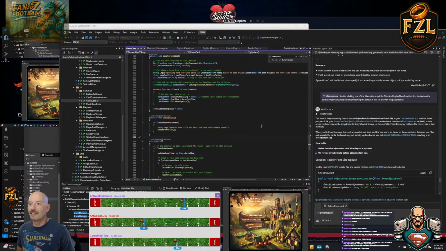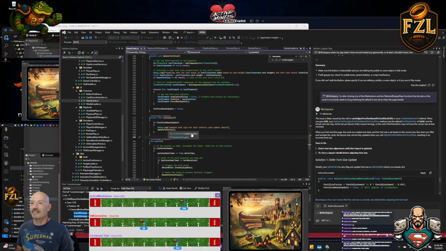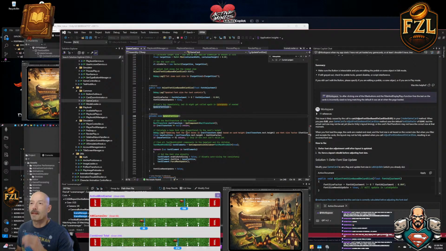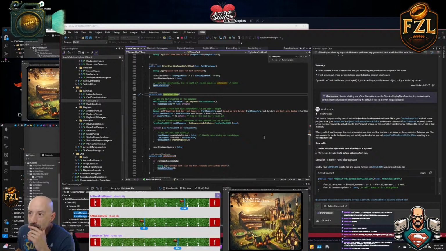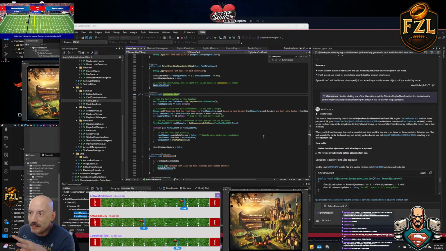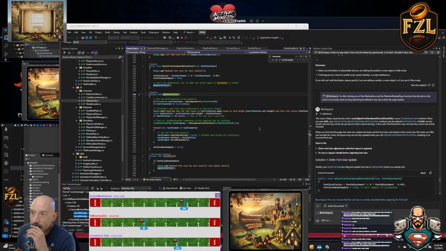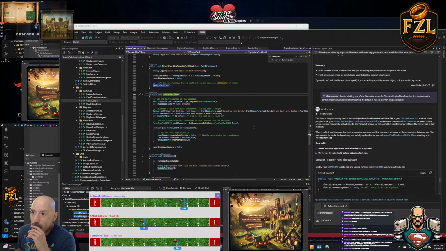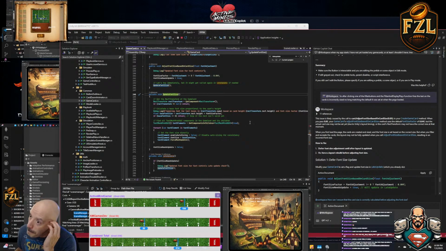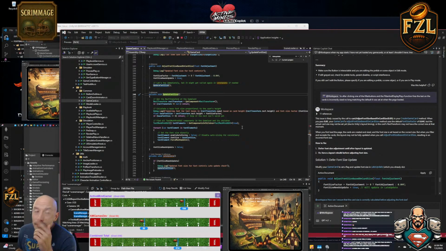Update font size. I have an update font size, which is obviously not triggering. I'm pretty sure I've got multiple things trying to set the font, which is problematic. Gemini did pretty good at refactoring earlier. I may have to have it take a look at this. Tell me why I'm getting the, because